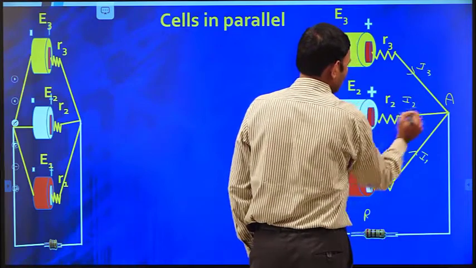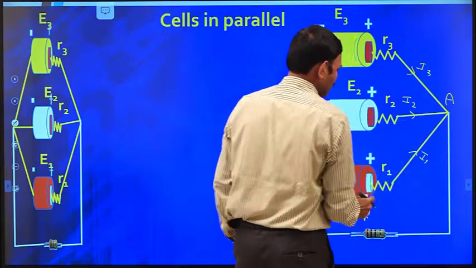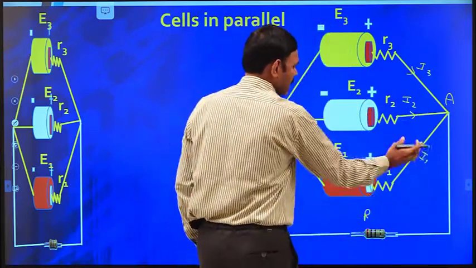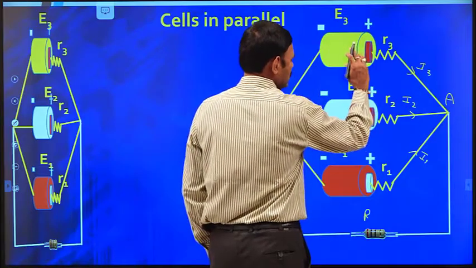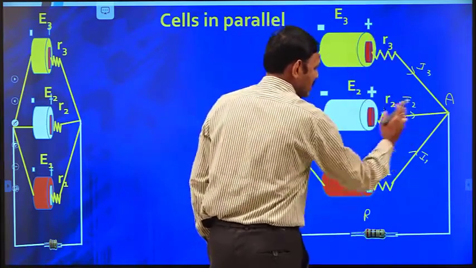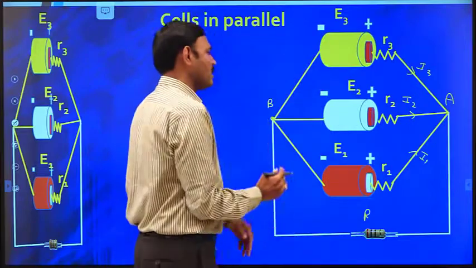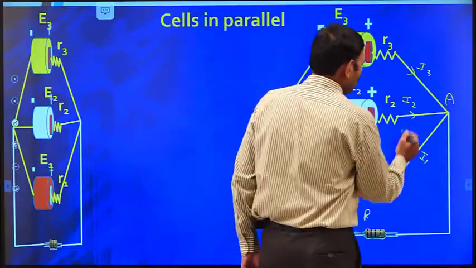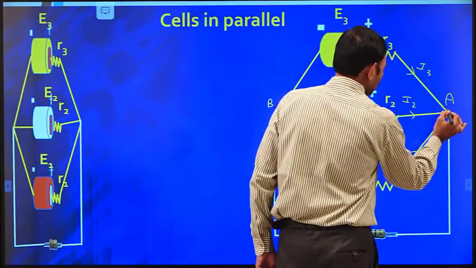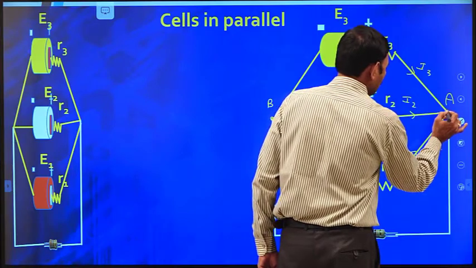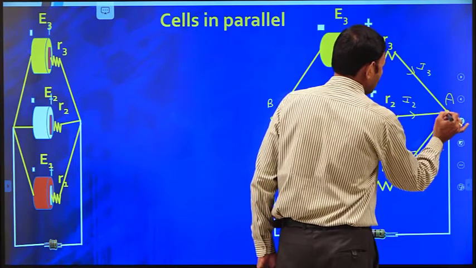In this direction, conventionally, away from positive charges, the current passing through the first cell is I1, the second cell is I2, and the third cell is I3 respectively, conventionally as shown, in the right side direction. Then all these currents are added at this point. See, this is the important point, students.